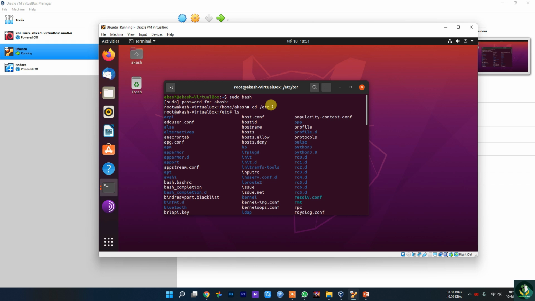Then what you need to do is install Tor on this machine. Previously I already showed you how to install Tor on Ubuntu, so just check that out, or also just Google it if you don't find that lecture. It's a very easy process. Just install Tor and then come back to here.